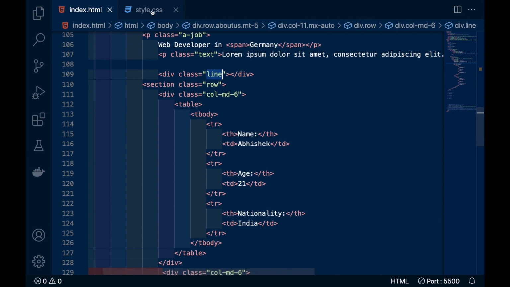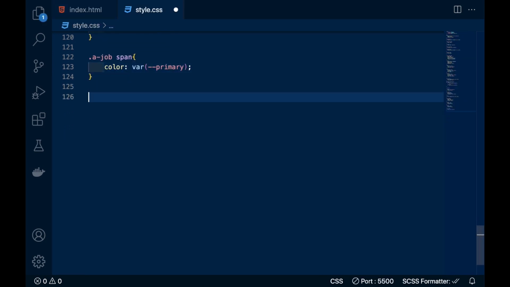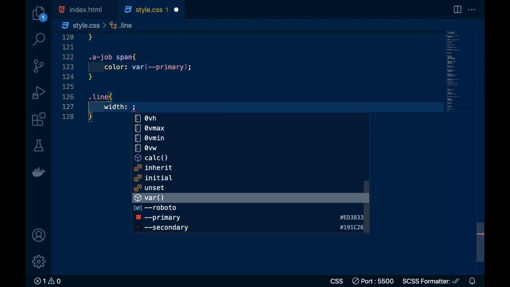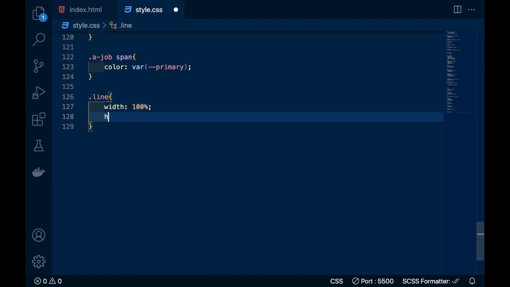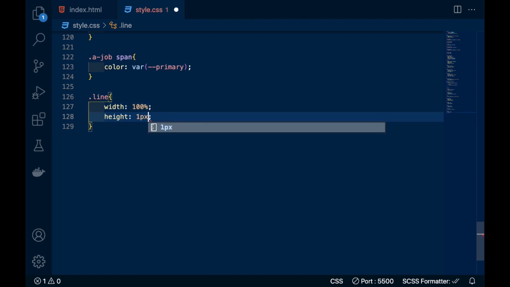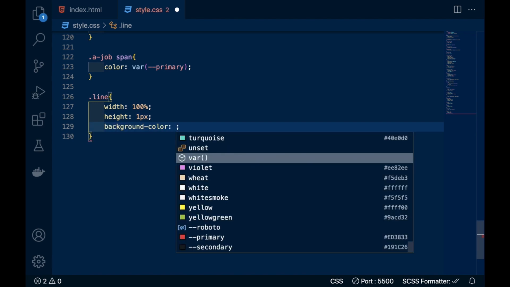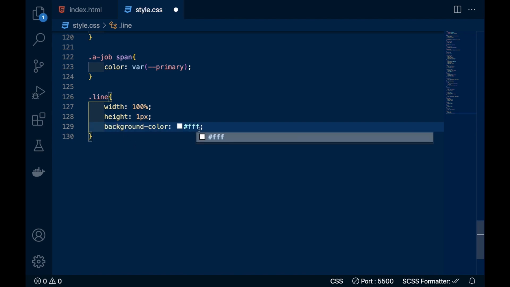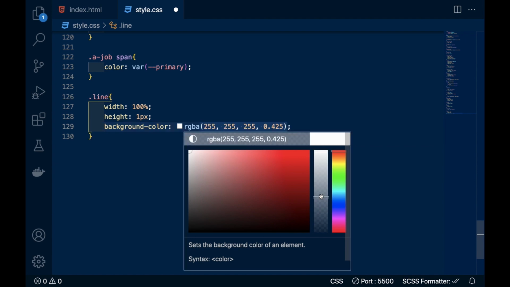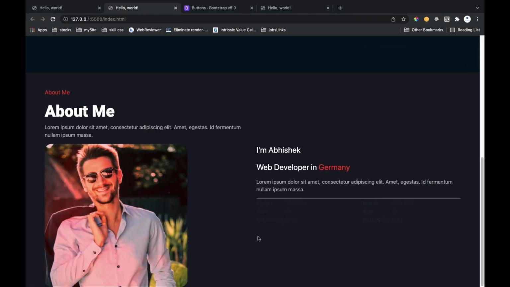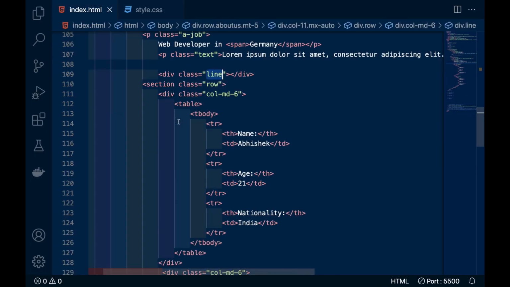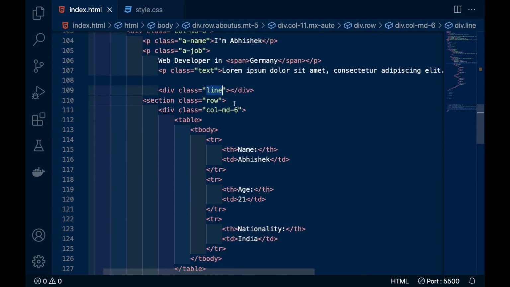Now we have to define it in our CSS. So just copy it, width equal to 100%, height will be 1 pixel, and background color should be white but a little transparent. So now you can see here, and after that we have used a div.